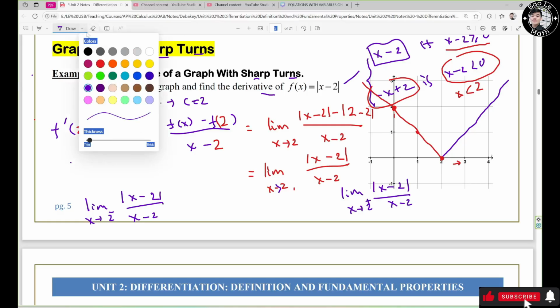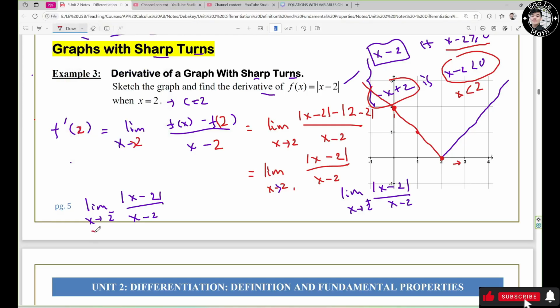Now, when s approaches 2 minus, which means s less than 2, right? If s less than 2, I'm going to subtract 2 both sides. It's going to be s minus 2 less than 0, right? Now, you learned before, absolute value of s equals s if s greater than or equal to 0, negative s if s less than 0. So in this situation, the whole thing inside the absolute value is less than 0. When you remove it, you need to change the sign, which is the second case right here, less than 0, right?